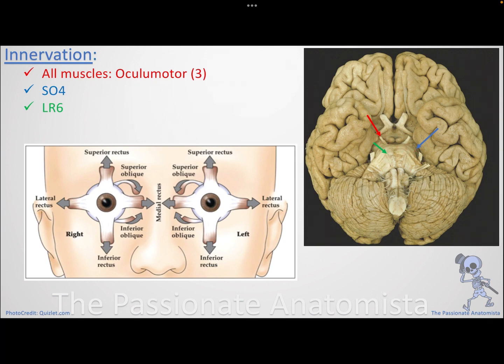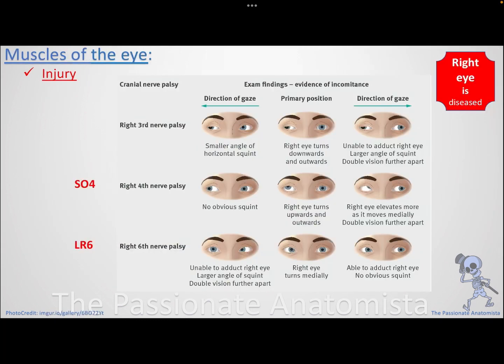Now, which nerve supplies the muscles? All the extraocular eye muscles are supplied by the oculomotor nerve, except the superior oblique. It's by the trochlear, 4th: SO4, and LR6. And it looks like a chemical equation from high school. Okay, guys? So the lateral rectus is supplied by abducent. The superior oblique is supplied by trochlear. SO4, LR6. And all of the other muscles are supplied by oculomotor nerve. Now, why is that important? Because if I have a lesion in my eye, I need to understand